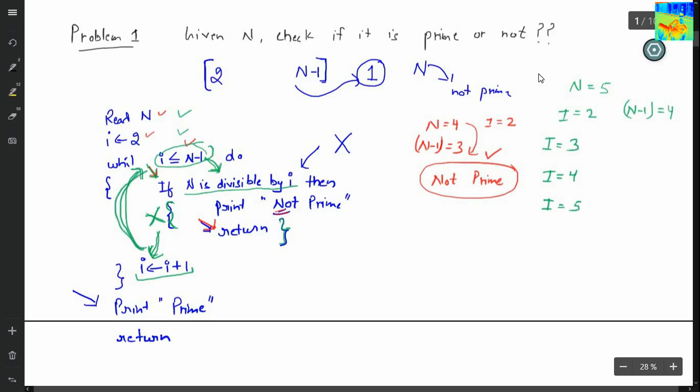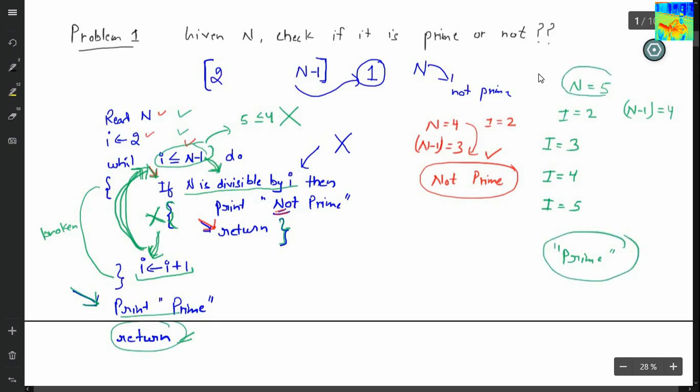Then you check again. Is 5 less than or equals to 4? No. The condition is false, and this loop will be broken. Then you reach here. Print "prime". And then return. Return means end your program. So my output is "prime", which is 100% correct for n equals 5.